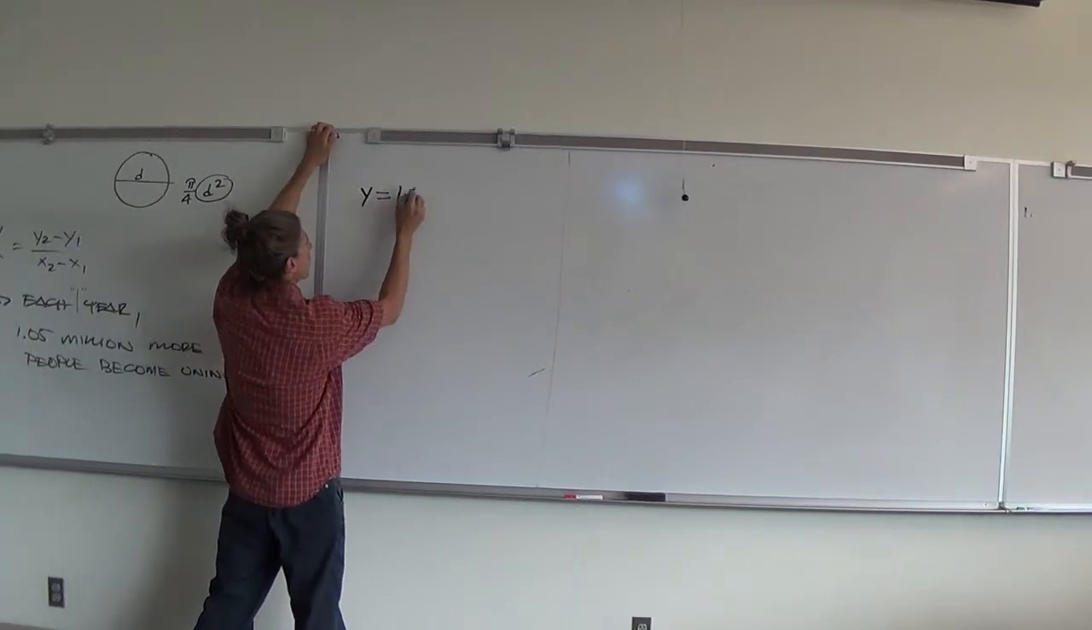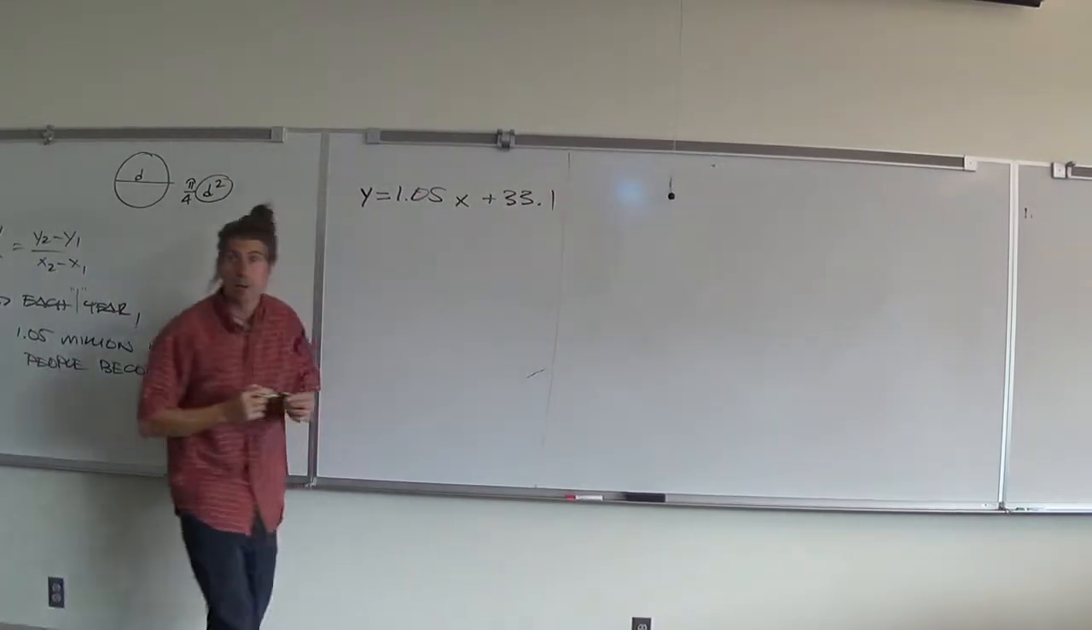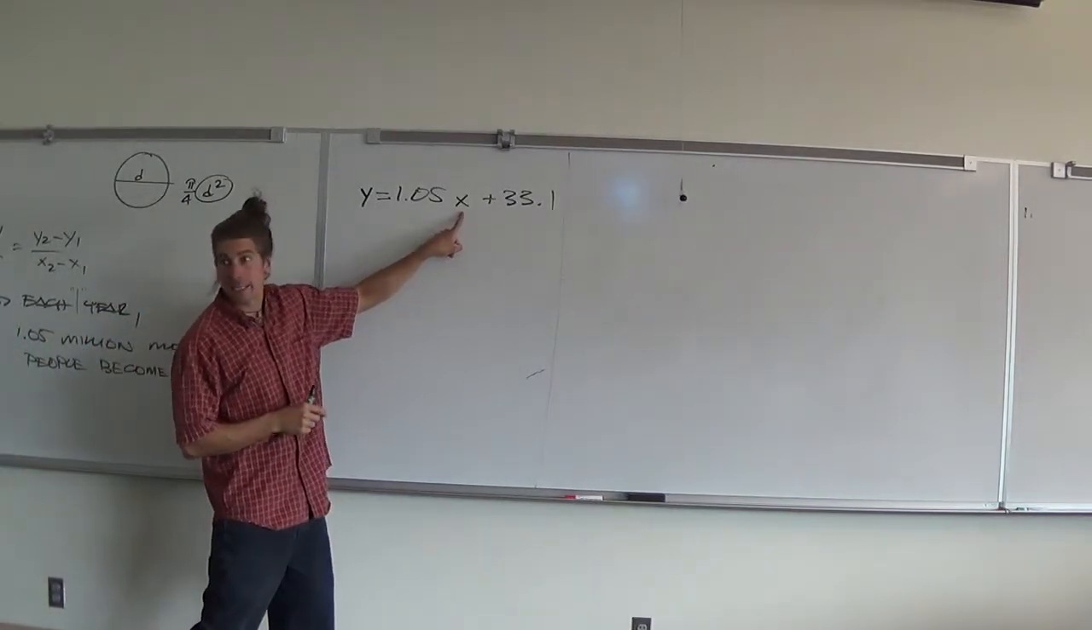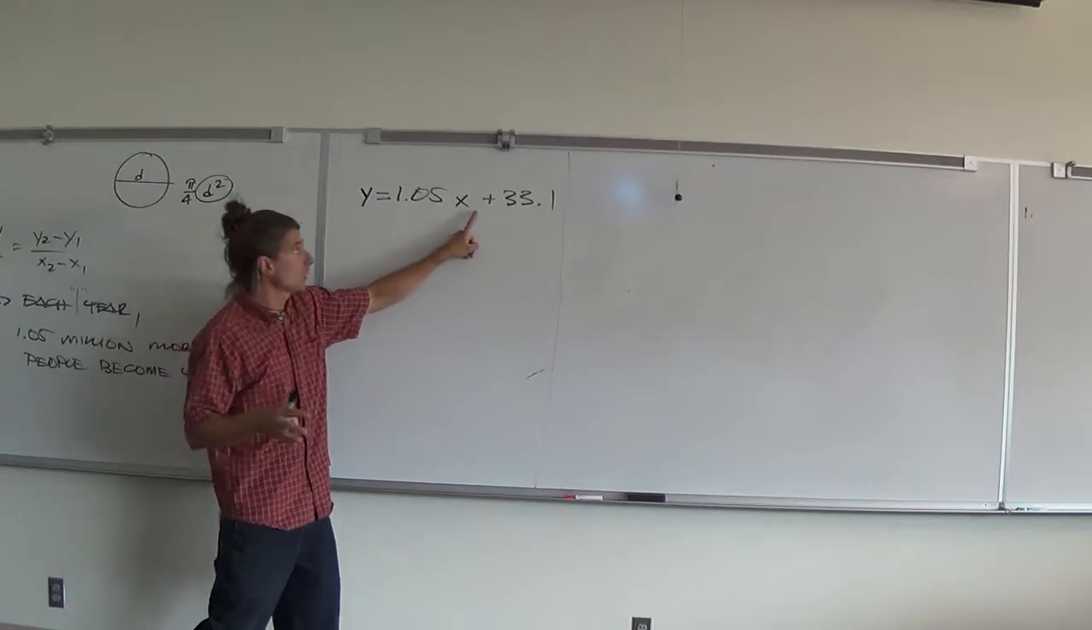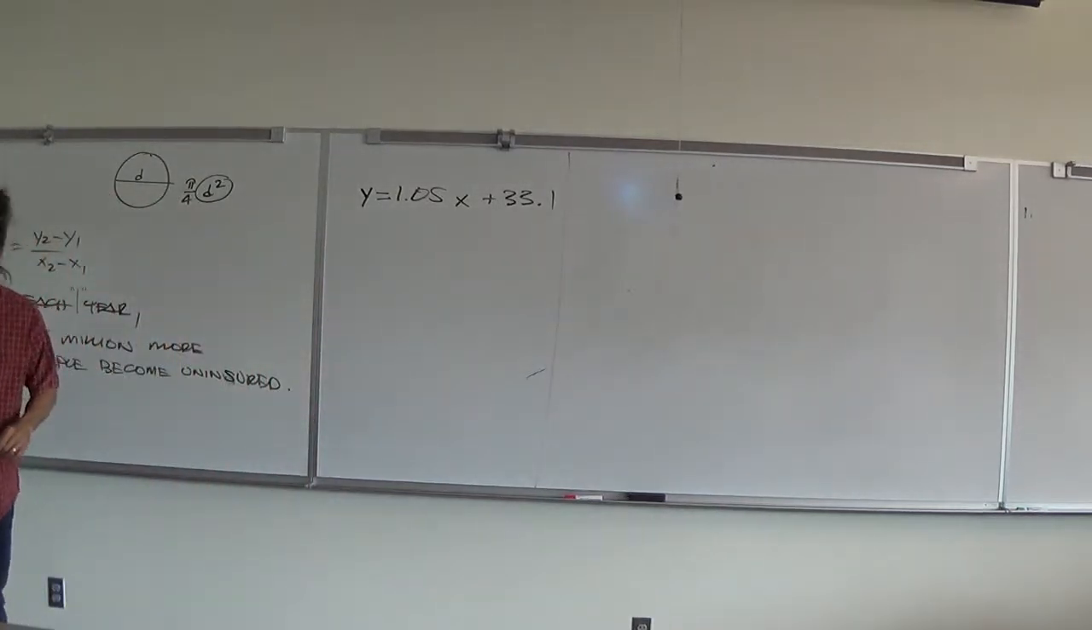Y equals 1.05x plus 33.1, where x equals number of years after 1990, and y equals number of uninsured in millions. Yes, it is millions. So in this particular question, we're trying to figure out in 1995 how many uninsured